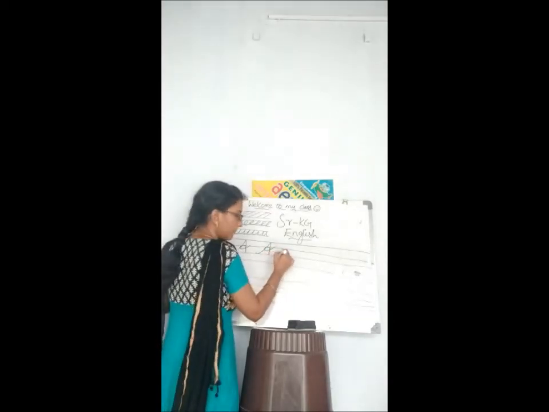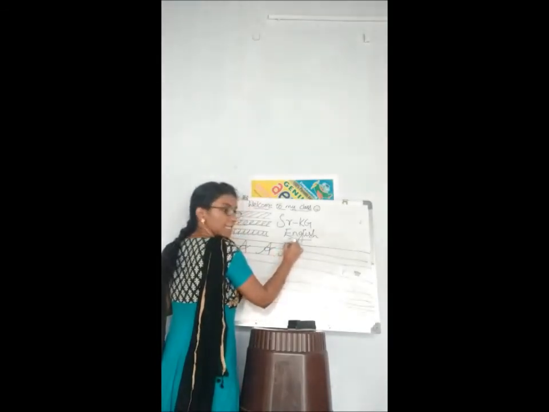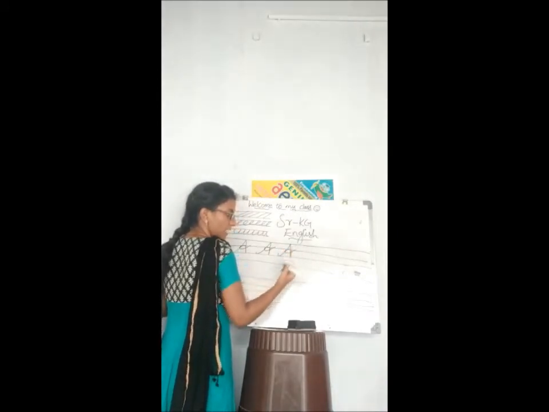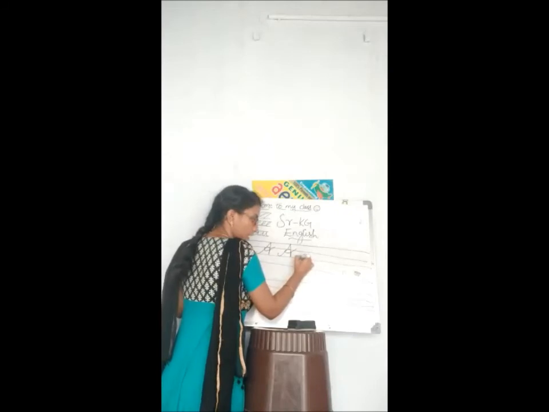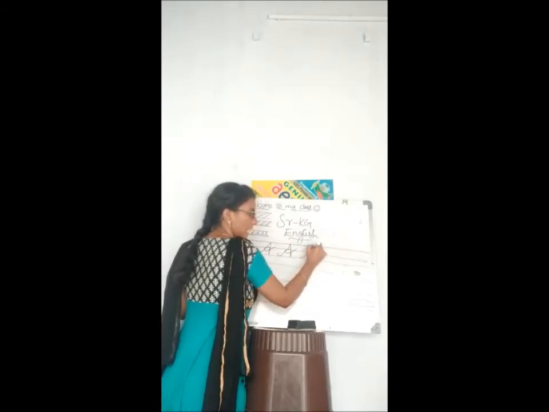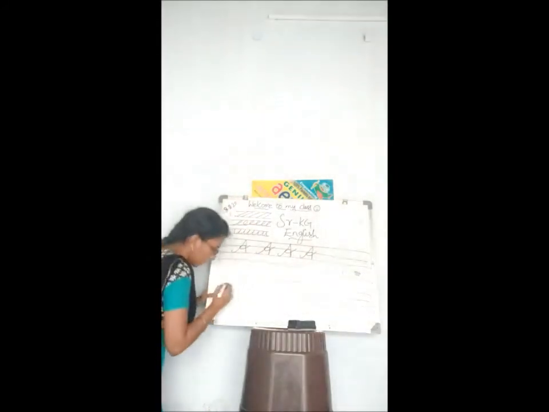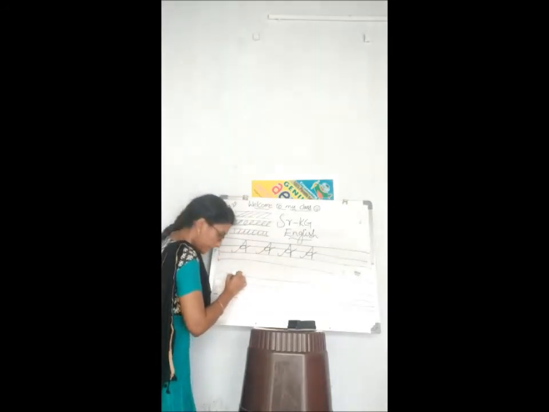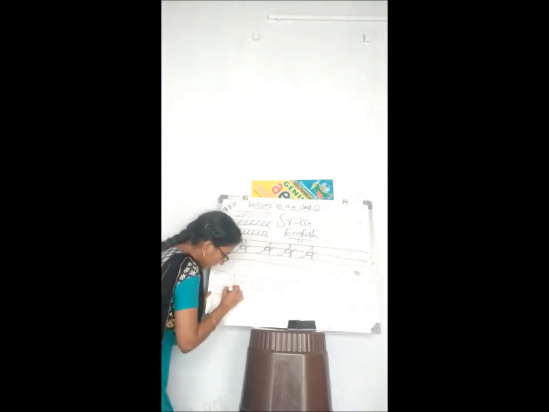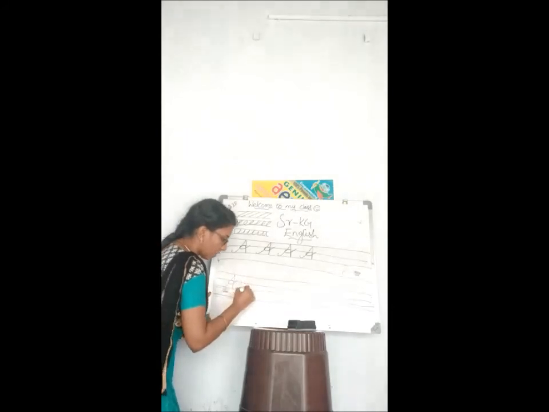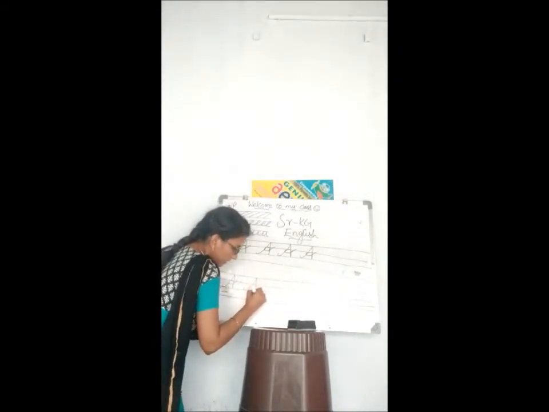Shall we write one more time? Small curve, slanting line, another slanting line. Curve to the right and an extension. Okay. One curve, extension, slanting line, another slanting line, one curve to the right and one extension. Clear? Now one more time. 1, 2, 3. Third line. One curve. Go back to the first line. Come back next. Then one curve. One extension to the right. Second line. Okay. Curve. Like this.